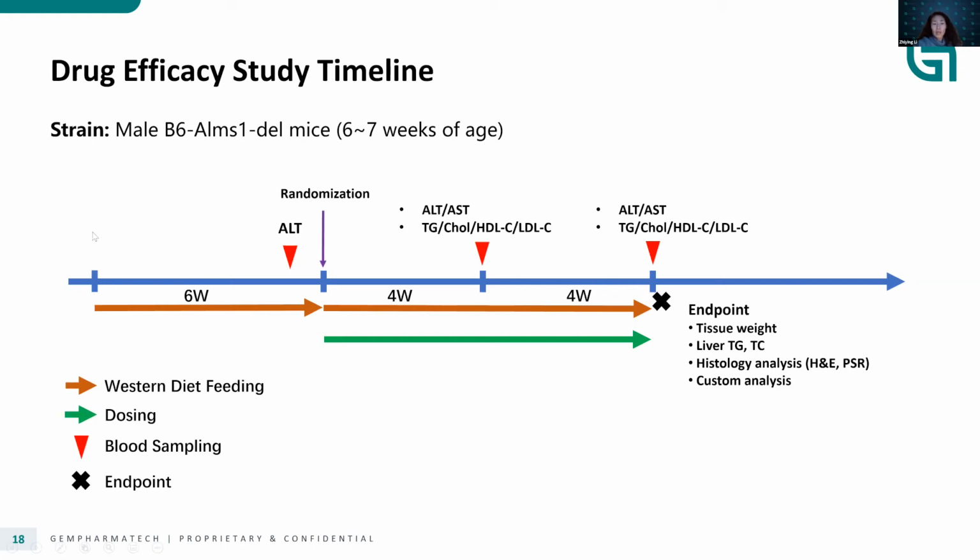So typically the mice are 8 weeks of age when they were put on a Western diet, and then having 6 weeks of Western diet treatment before they're tested either with vehicle or the actual testing article. And then the experiment goes on as outlined here.